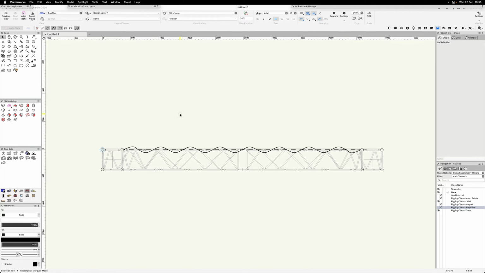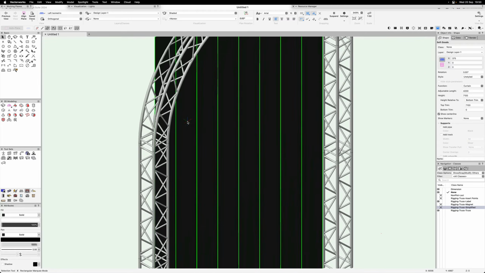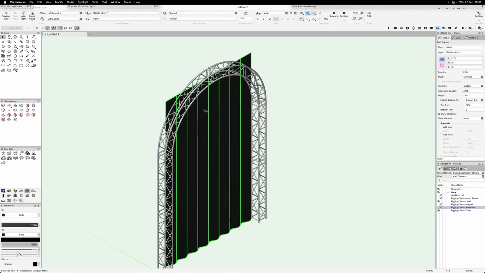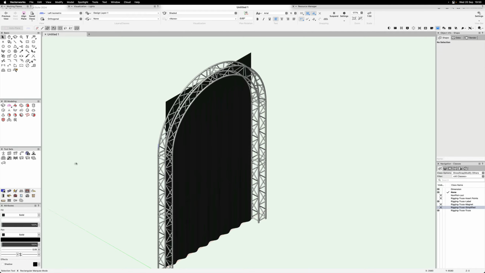Hi, I've got this truss object and this SoftGoods object, and you can see here that what I really need to do is to make the SoftGoods object fit the curvature of the truss. The SoftGoods object itself will not do that, so you need to adapt the geometry that the SoftGoods object has made. So the first thing I'm going to do is to get the extract tool,